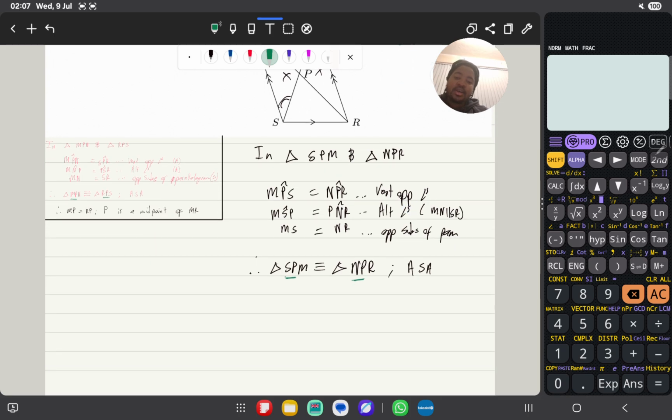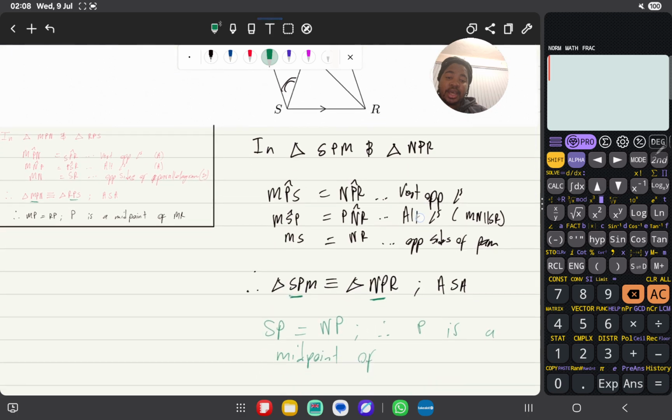So we know now that SP equals NP, right? And therefore P is midpoint of SN,